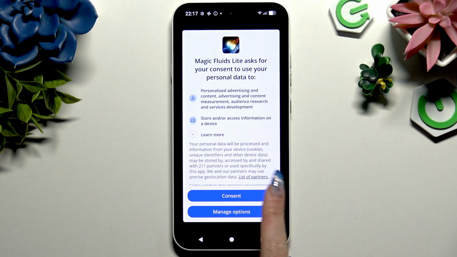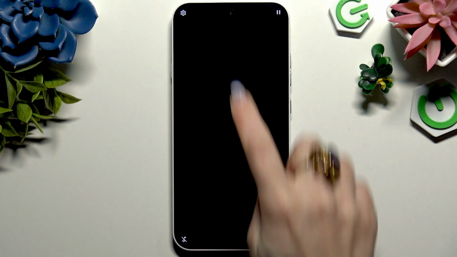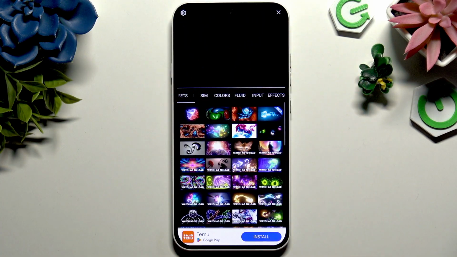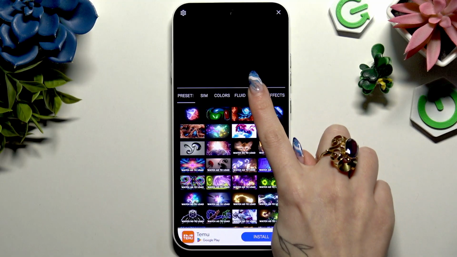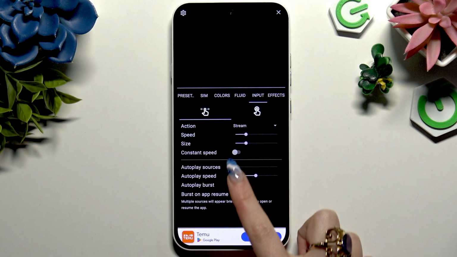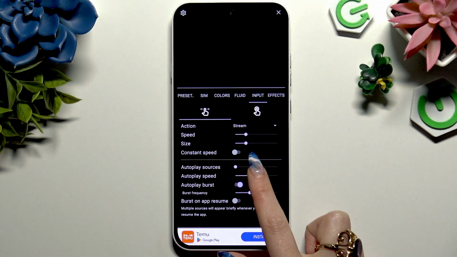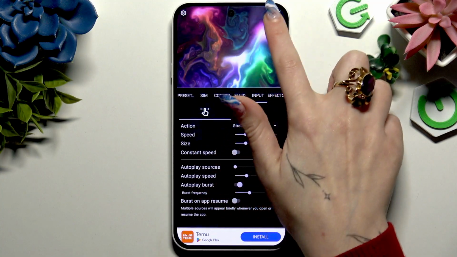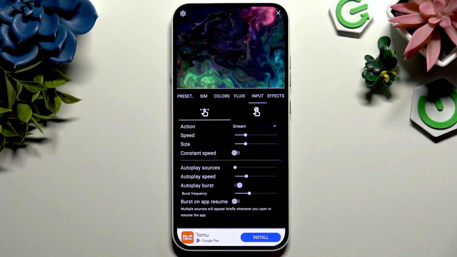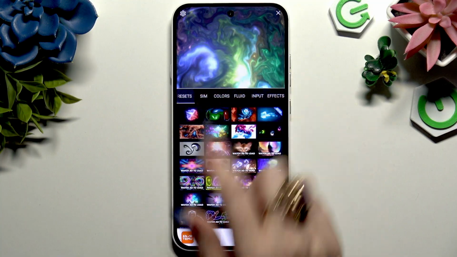Then choose Consent, and my favorite part, use this gear at the top left corner to check out all of those options and manage them however you want to. You can check out Preview at the top. After creating perfect wallpaper for you,